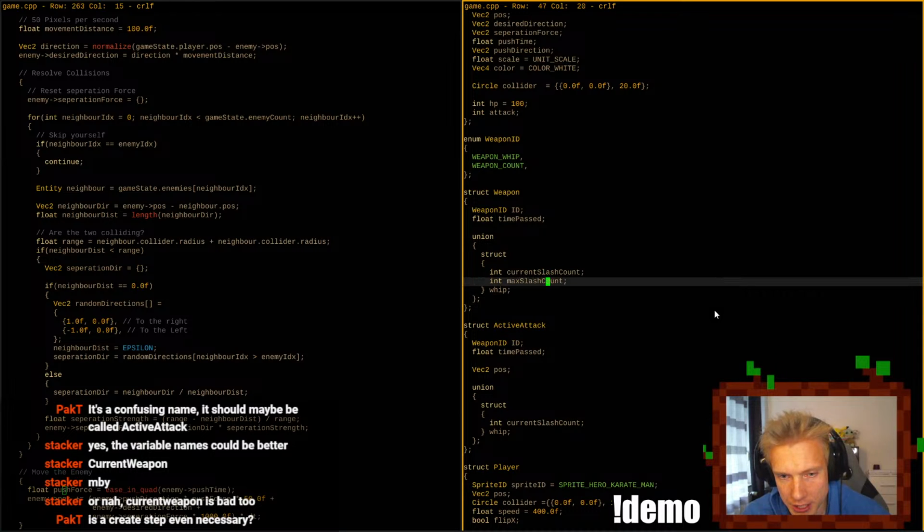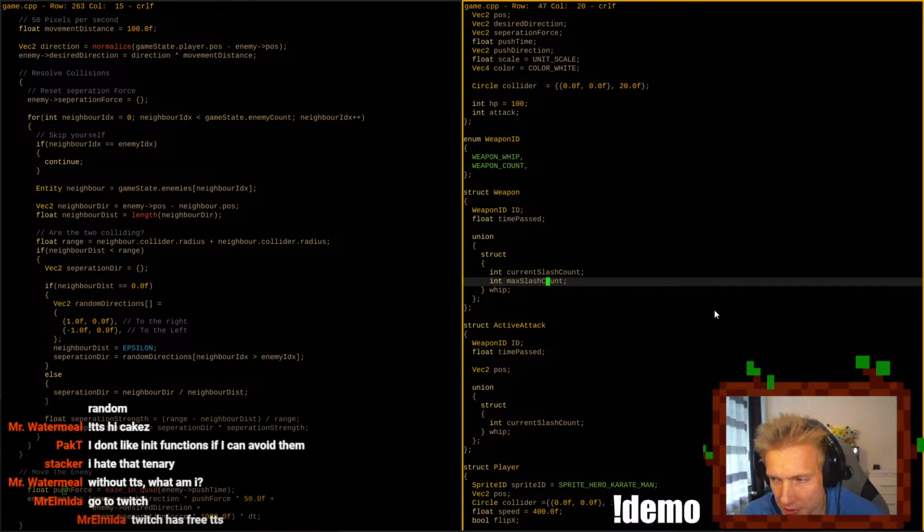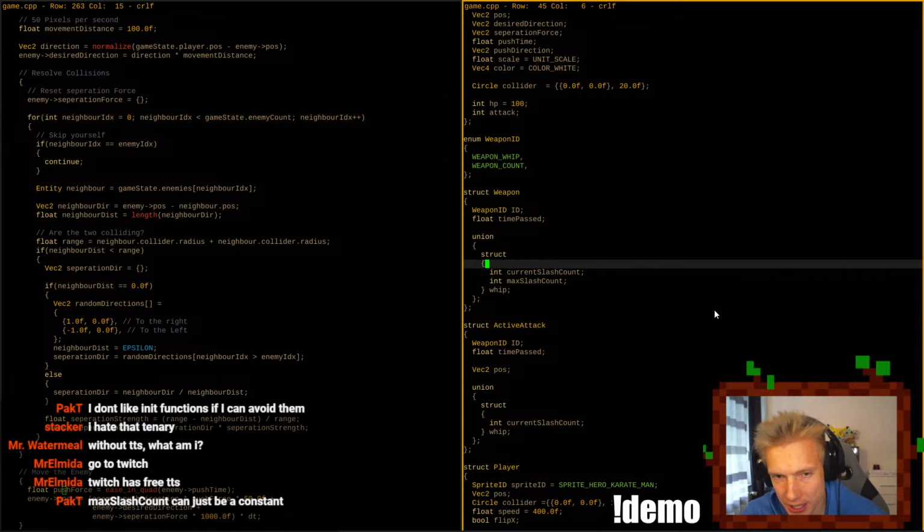So we don't need this, but we need a max count. That's a little bit more difficult to do. I think a weapon then just has time passed.